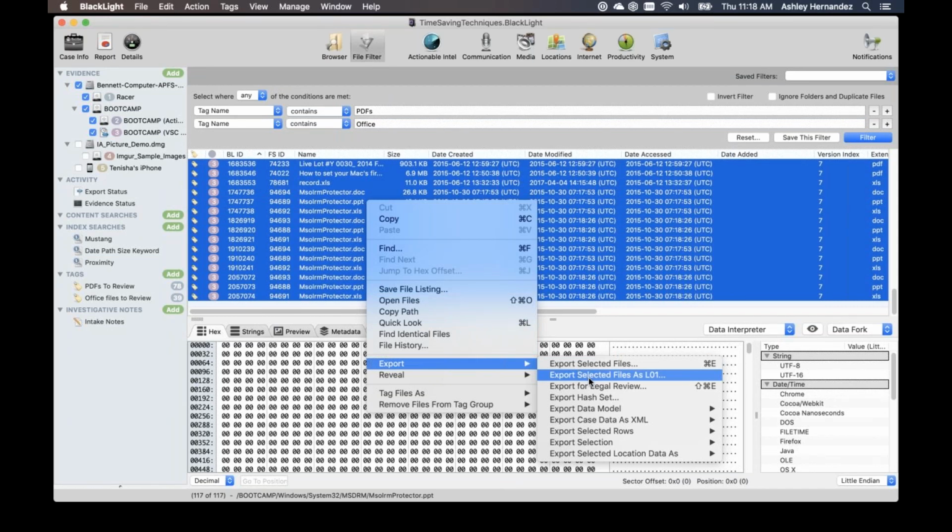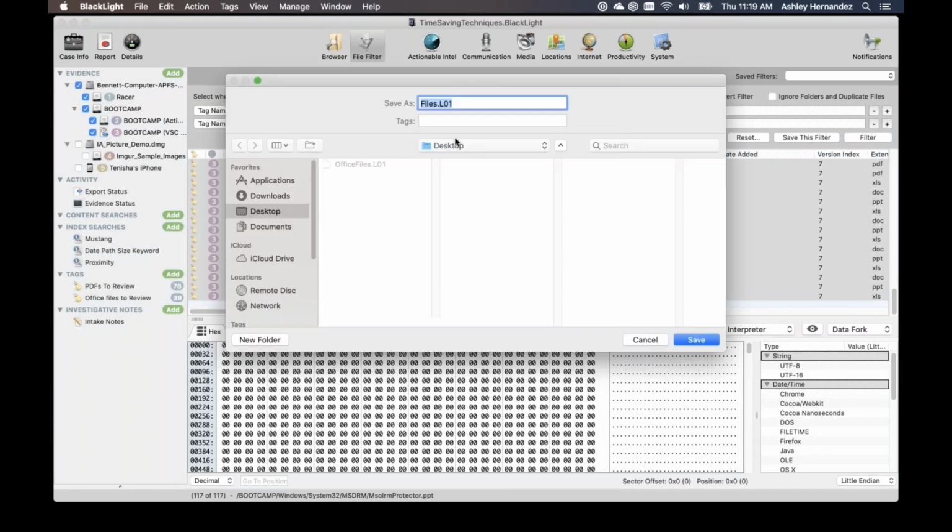You'll notice the extension here says LO1. These are actually the EnCase logical evidence file format, which is a forensic format that EnCase created originally, but many of the forensic tools support it. So this can be ingested by any of your forensic tools, including Blacklight, but it's also supported by tools that allow review, like Relativity or Recommind. Being able to bring these in, all of the metadata that we see here is preserved, and it's preserved in a single container file.